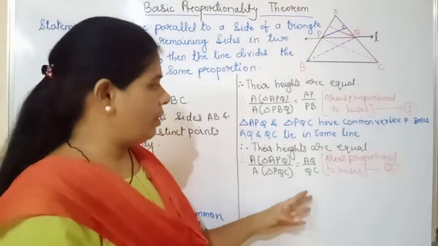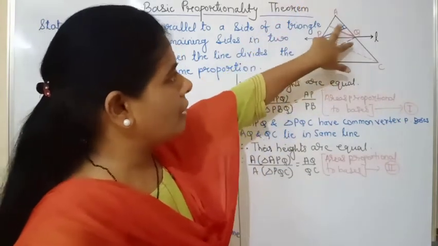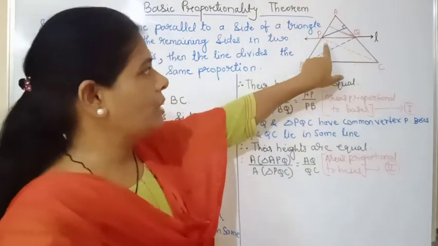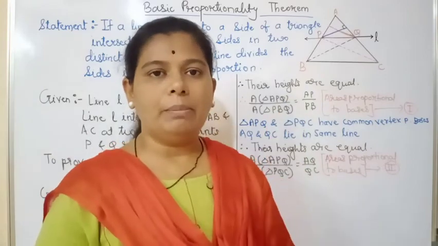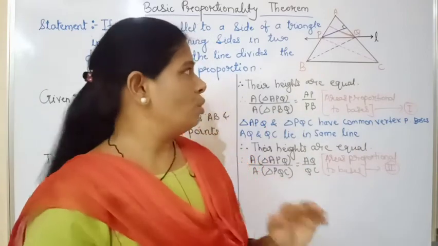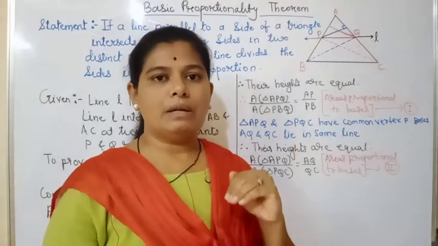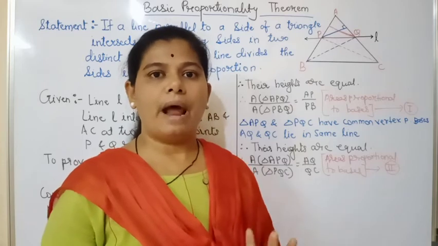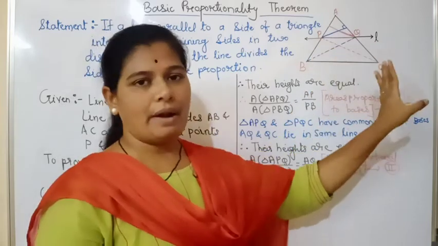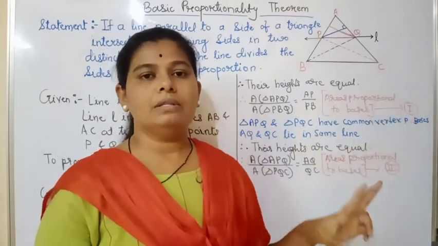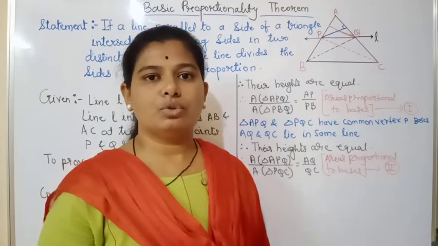Now in the third point, what are we going to study? We took a pair of these two triangles the first time, then a pair of these two triangles. Now we are going to take these two triangles. We are able to see that these two triangles lie between two parallel lines. So their base PQ is common, and as they lie between the two parallel lines, their heights are also equal. So their bases and heights both are equal, therefore their areas are also equal.